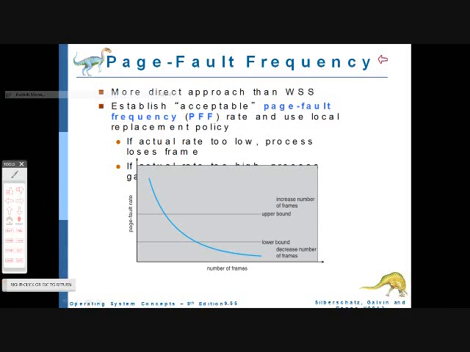Okay, so let's move to the page fault frequency. What is a page fault frequency? A page fault frequency is the rate of page faults of every process in the random access memory. The cause of the page fault is when there are not enough free frames or pages in the random access memory for the process to be executed. Now look at this